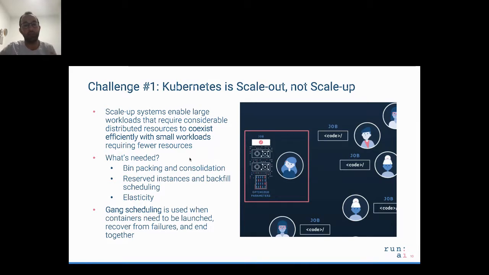There are different capabilities that are ideally required, like bin packing and consolidation. This means that if the scheduler was more designed for AI, it should take into consideration that a node has a few jobs already running on it. If there is a new job to be scheduled, it should schedule it on the same server that is already being used, to avoid fragmentation. There is also a performance importance for jobs to run on the same server,